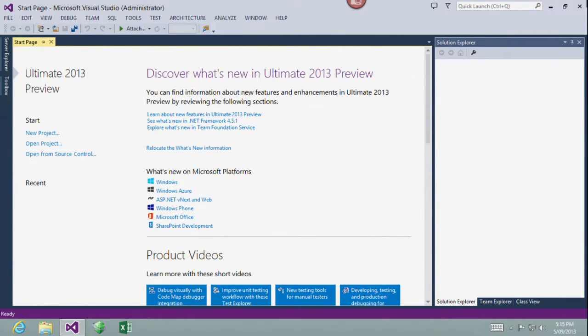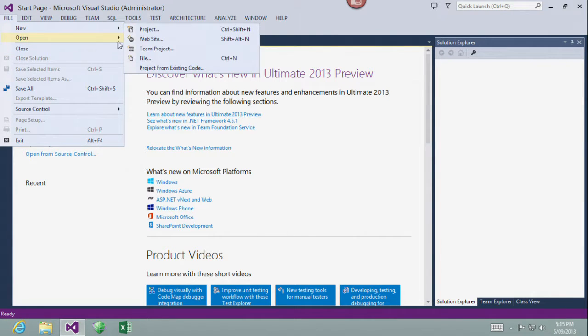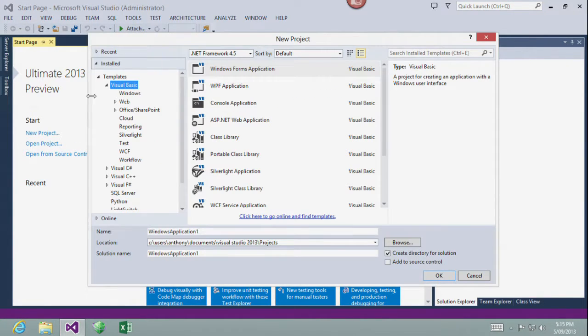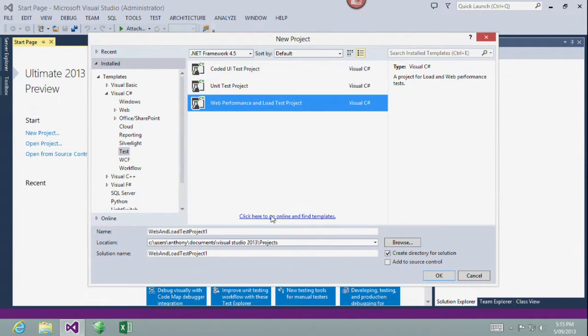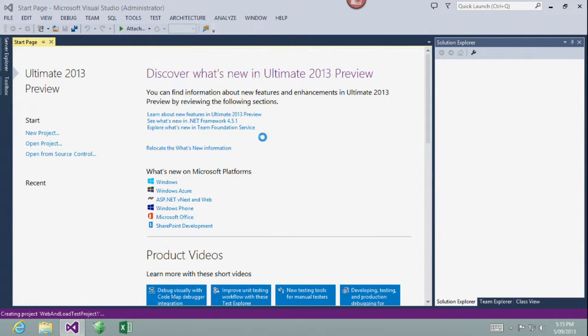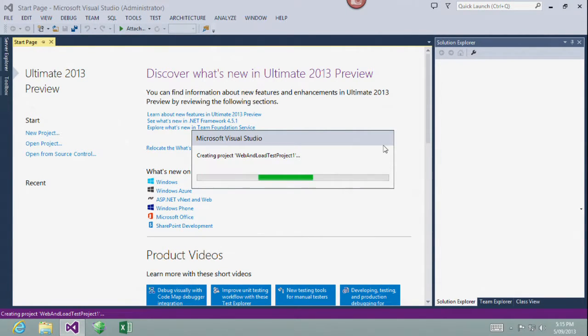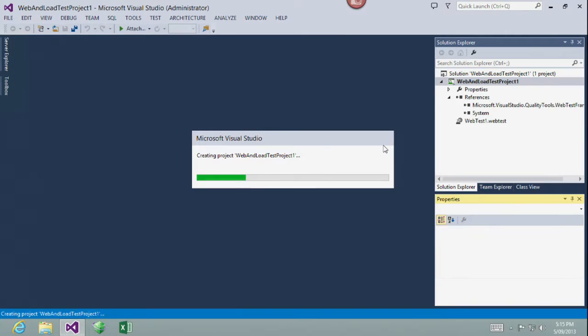Okay, so what I'm going to do is go up here and say File, New Project. We'll go ahead and choose a language, and we want a test type and web performance and load testing, and wherever it wants to put it's fine. So we're going to use that default template that's in there.